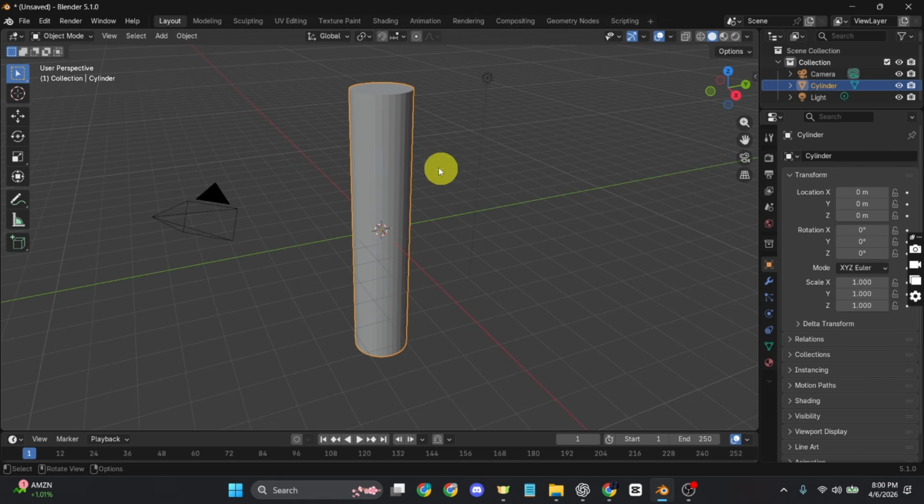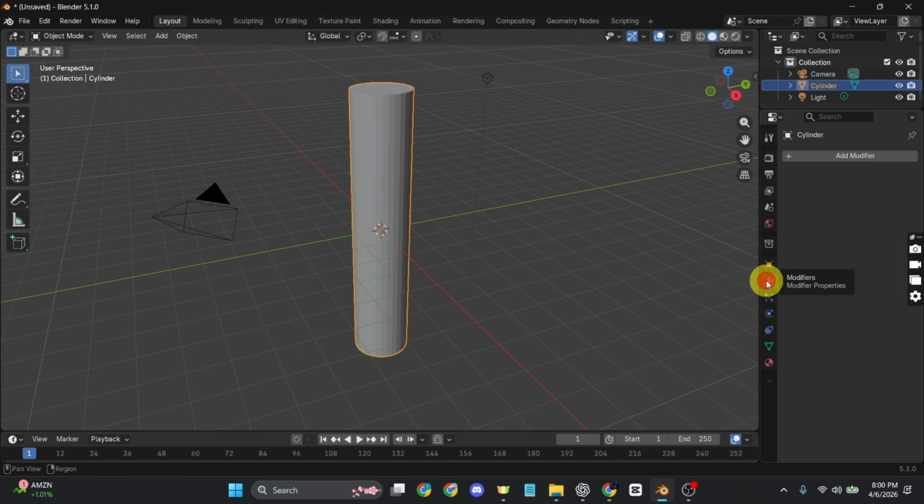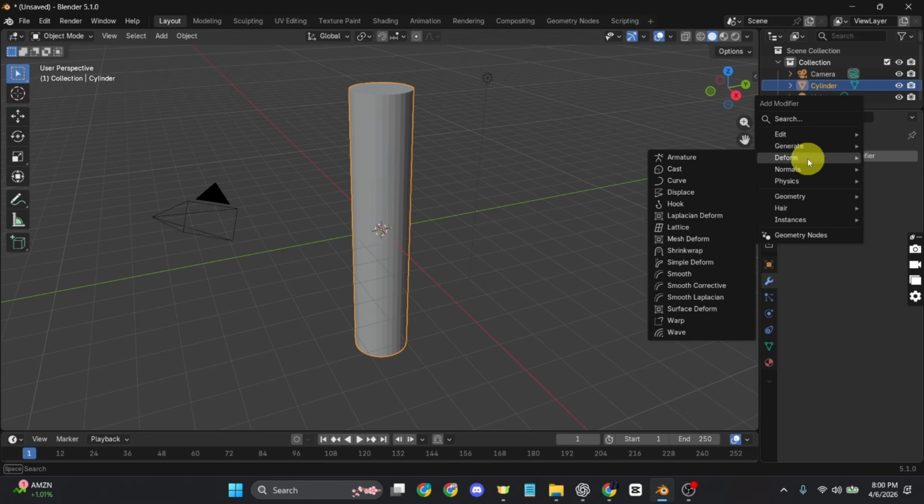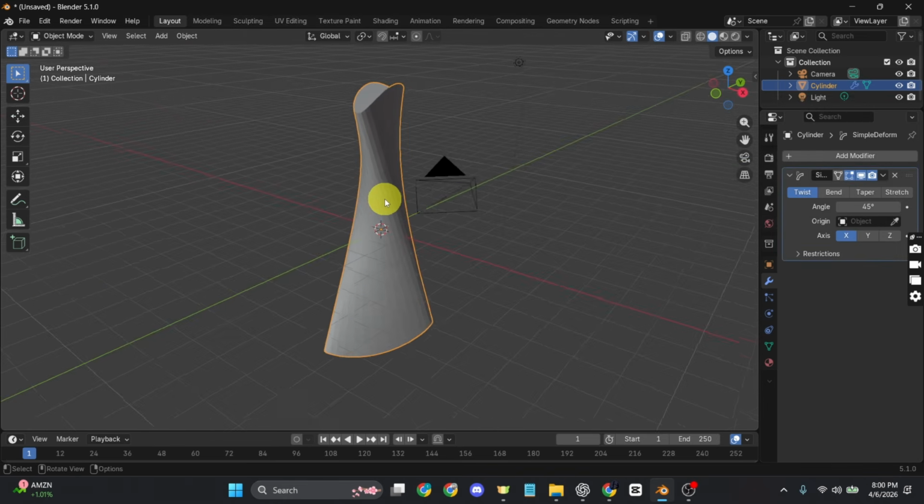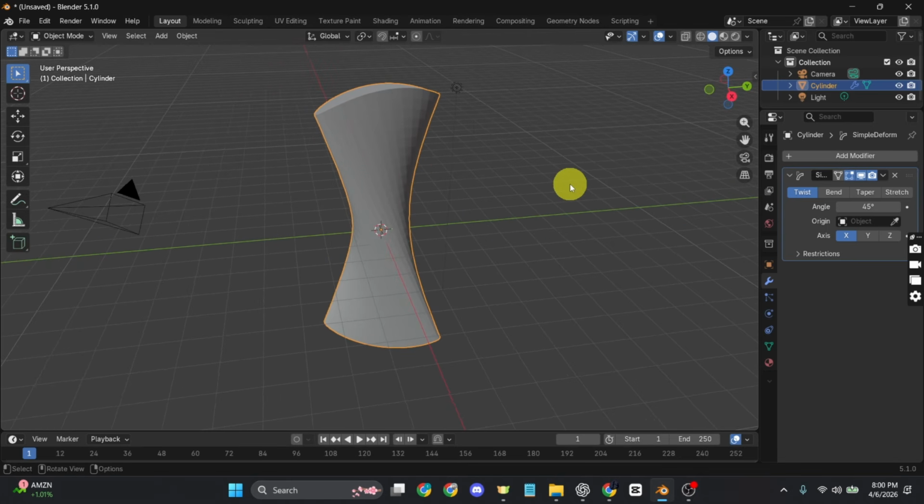Once the object that you want to bend is selected, go to the right-hand side and open Modifier Properties. Click on Add Modifier and you will see the Deform option. Just choose Simple Deform from the options and you will see we have successfully bent our object, but this is